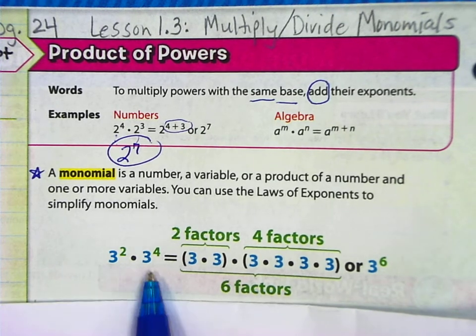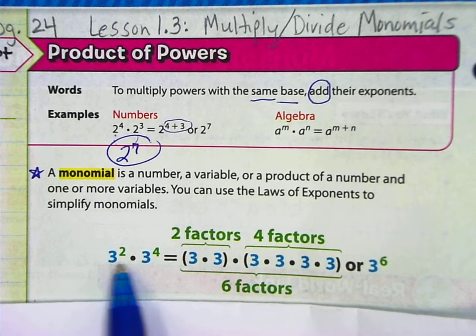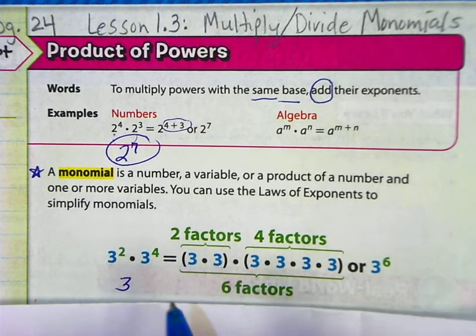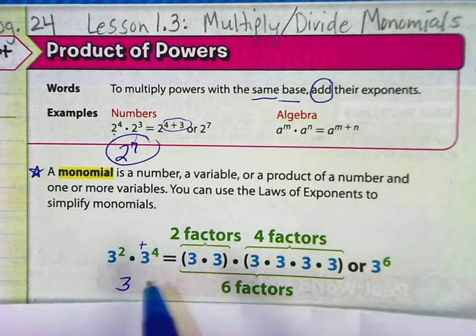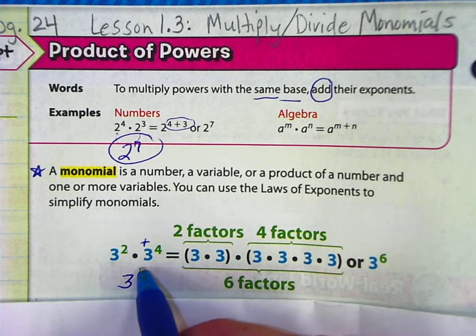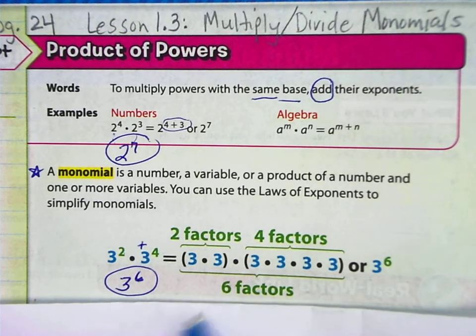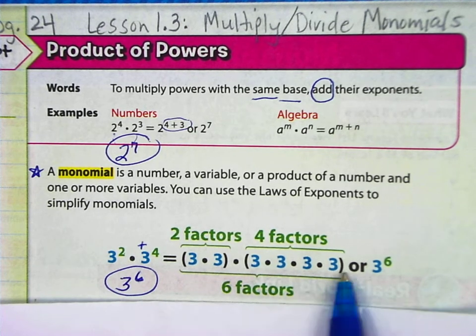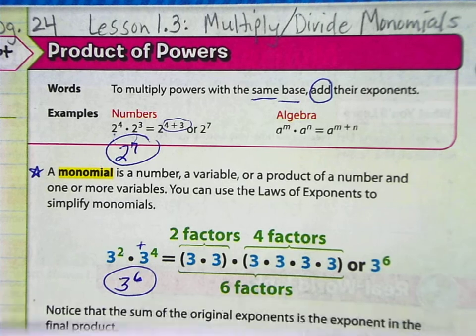3 squared times 3 to the 4th. Because the bases are the same, that rule says keep the same base and add the exponents. 2 plus 4 is 6, so your answer is 3 to the 6th, because if you were to write this out using repeated multiplication, there are 6 3's. Okay, let's try